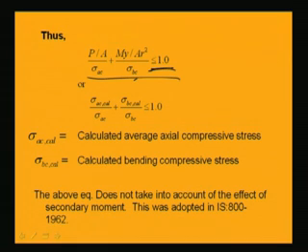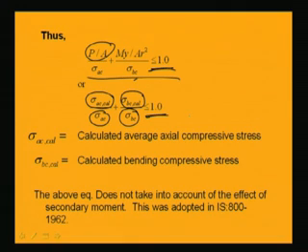Or we can write P by A is nothing but the sigma AC calculated. So sigma AC calculated by sigma AC plus, similarly, this is sigma BC calculated, M by Z, or M y by I, by sigma BC, which should be less than or equal to 1. That means this will be the equation which has to be satisfied if the member is inducing moment along with